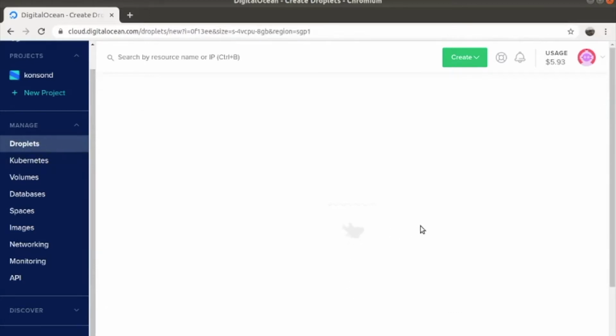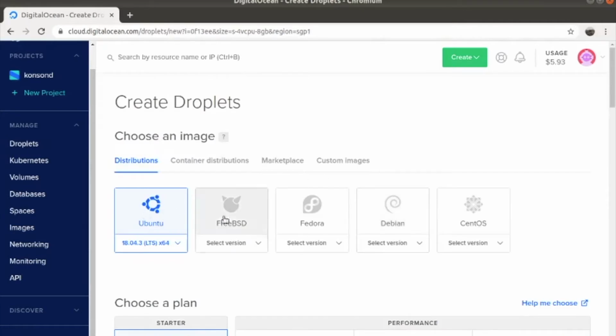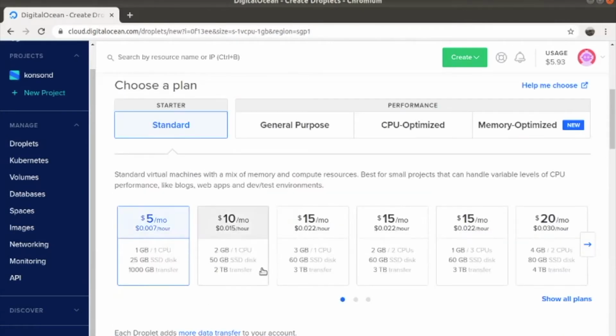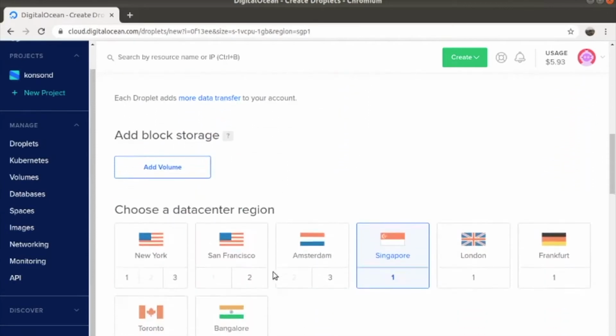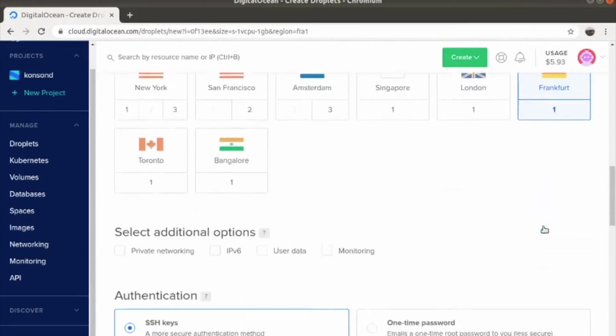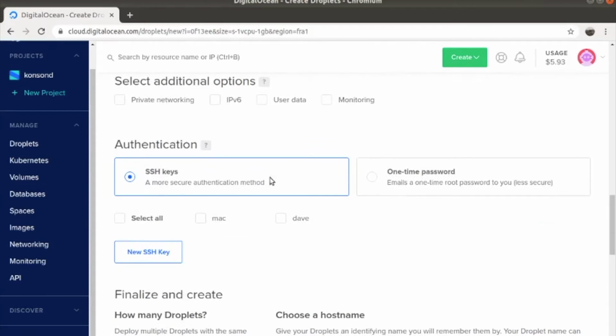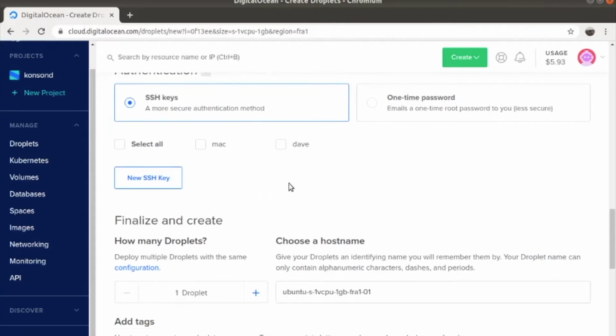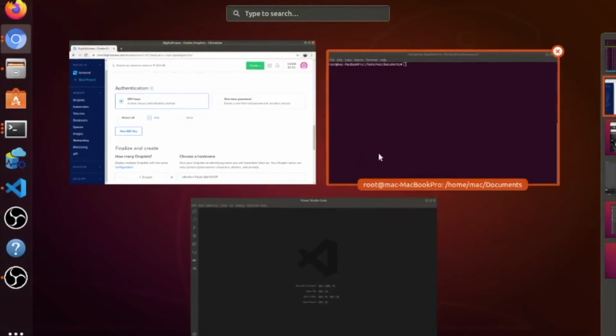So let's create a new droplet with Ubuntu machine. Go with the basic plan, but now we choose the SSH keys as connection to our server. I have a few keys here, but I'm gonna show the whole process, how you can generate your own key and how it works exactly. If you go to your terminal,